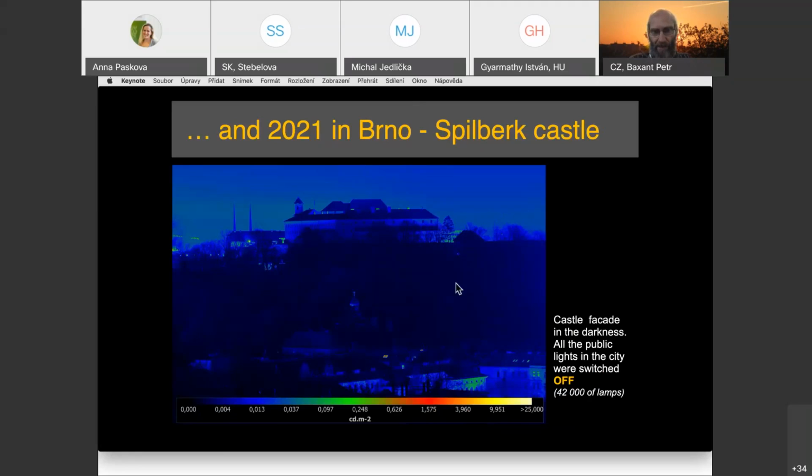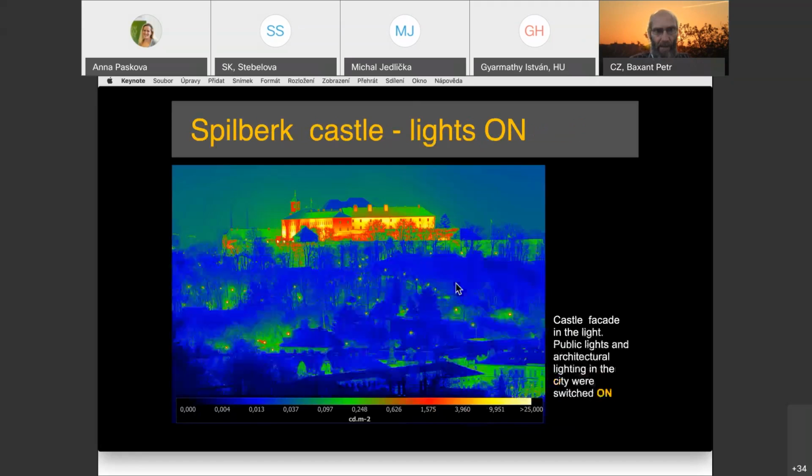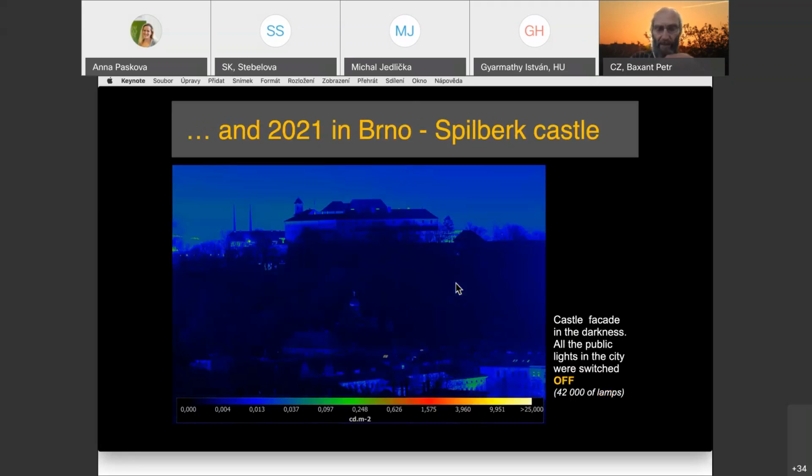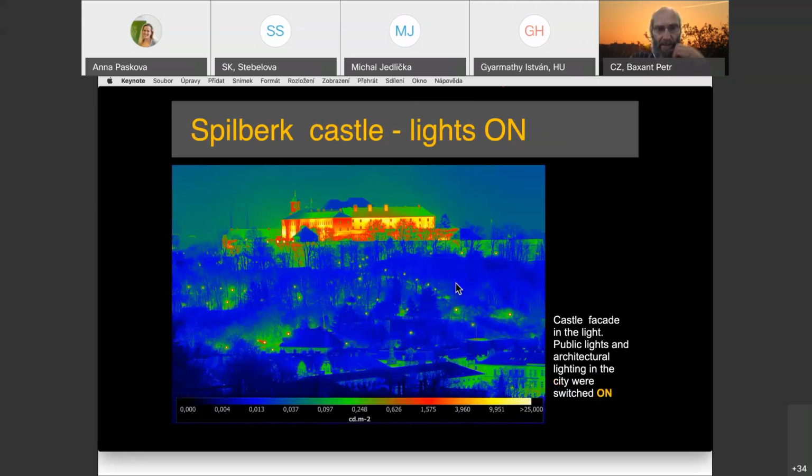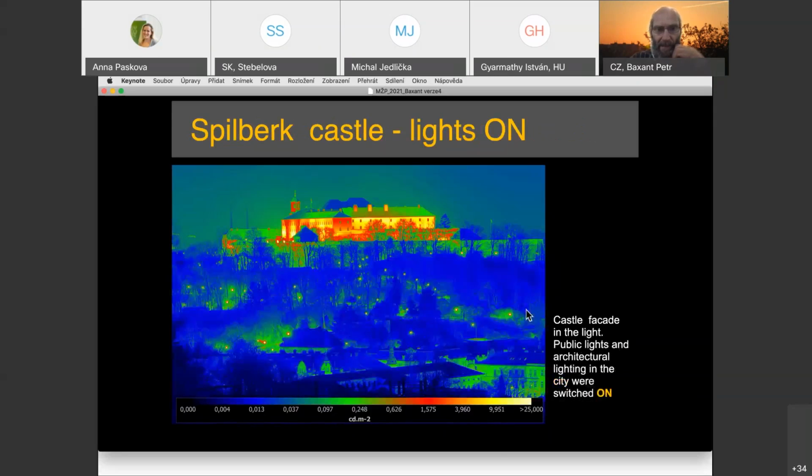When we switch lights on, we can obtain this image, and you can see the difference between the pictures when the architectonical lights shine on the facade, of course, and also the public lights down the hill, and the castle is shining on the surrounding nature, especially on the trees. You can see there are trees without leaves at this moment, and also the buildings are lit here by the public lights, and the intensities or luminances